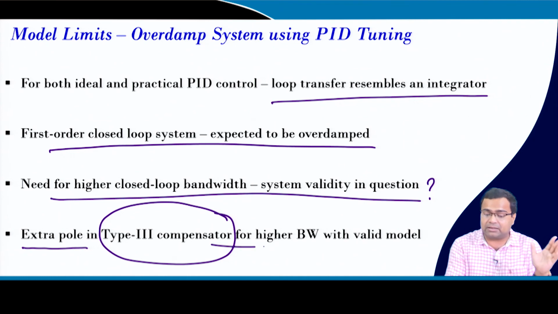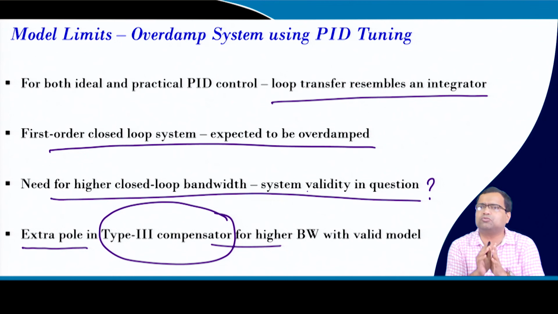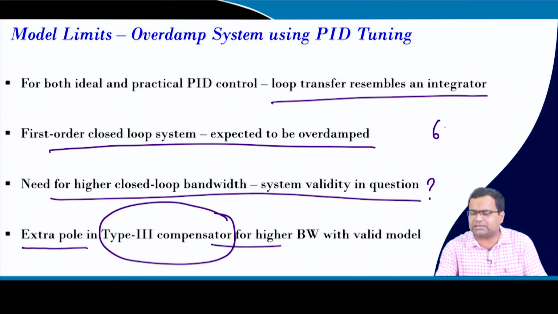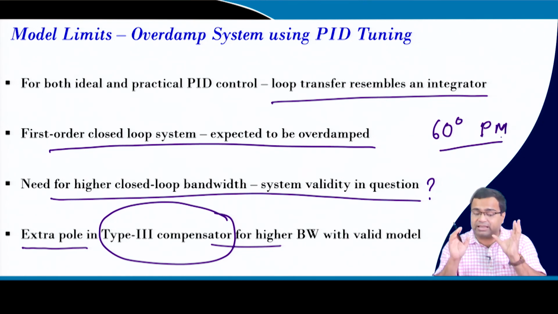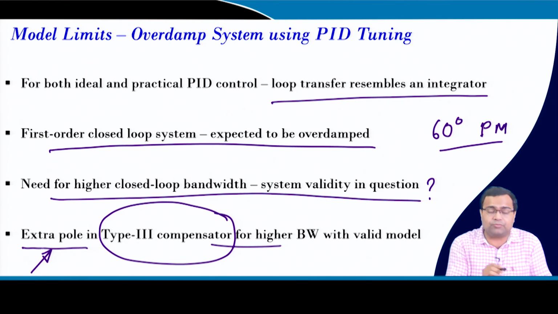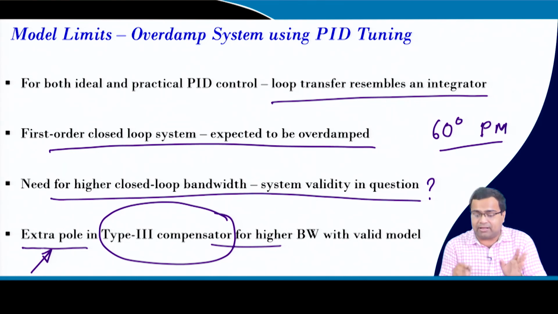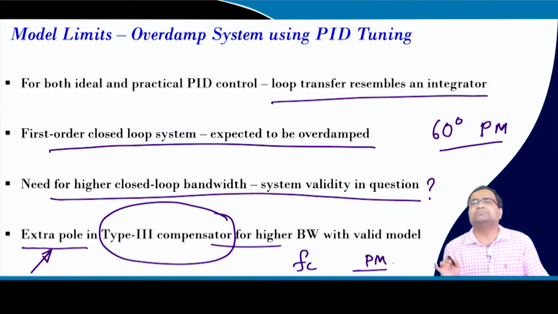And there, because our objective in overdamped design is 90° phase margin, we do not need that. Even if we achieve close to 60° phase margin, it is good enough. But if you add another pole, I will show you, for a buck converter, you can set crossover frequency and phase margin independently. So, that will be discussed in the future class.